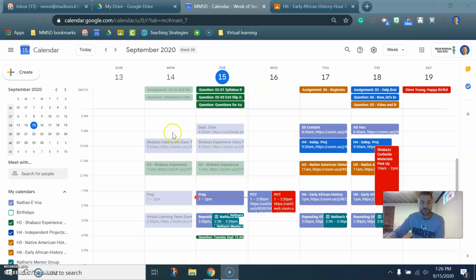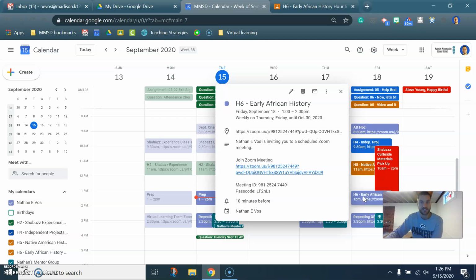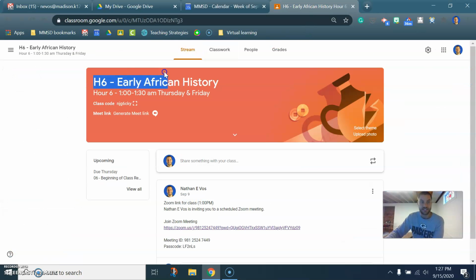To do this, I'm going to go to my 6th hour here, which is early African history. You can see it's this light blue color, which is also the same as my main calendar, Nathan Evos, right? So that's my main personal events. So if I want to change that so it's specifically with my 6th hour early African history Google Classroom,